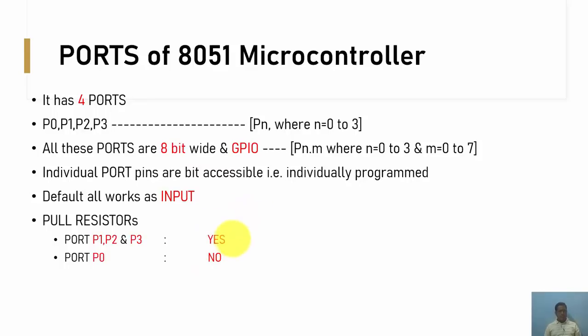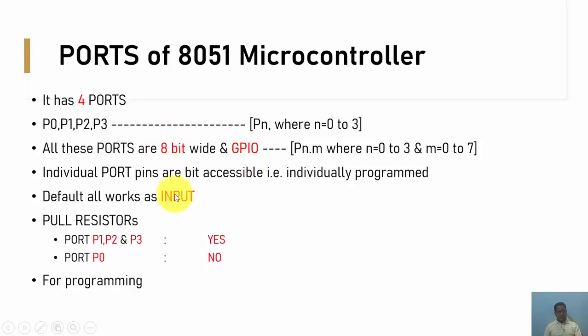For that purpose, we have to interface an external resistor bank, which is called a pull-up resistor, to port P0 when we are utilizing it.